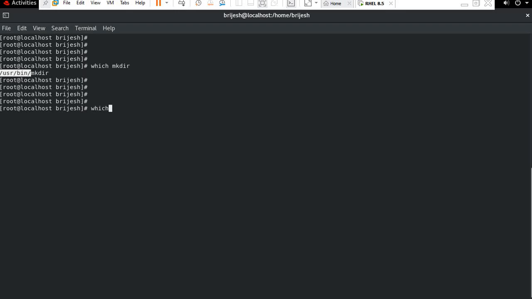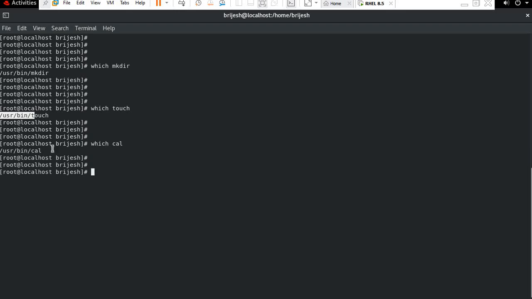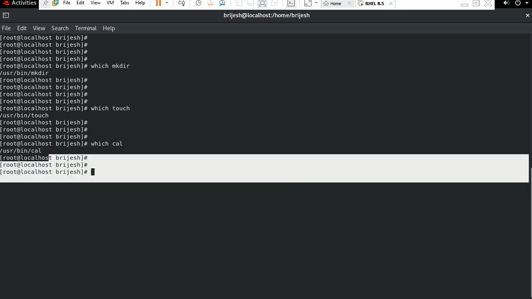If I want to find which touch, these are command files guys, so we can check the location: usr bin touch, you can see here. And if you want to find which cal, it will also show under usr bin.